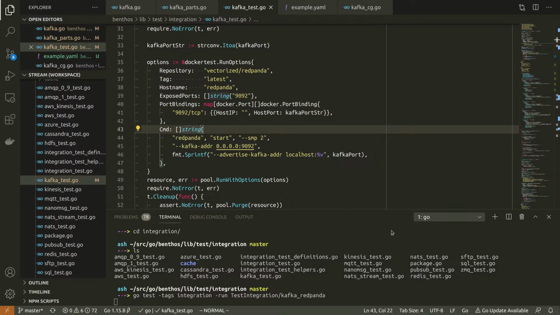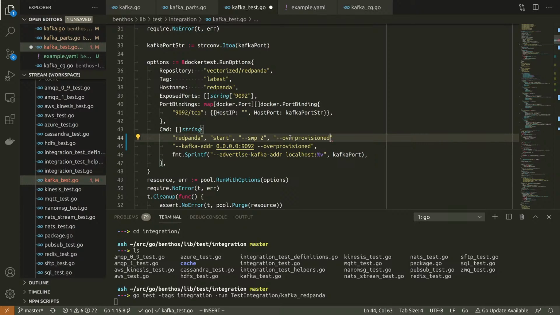Alexander, the maintainer of Red Panda, gave me this flag, over provisioned, which I'm going to put here to run, and he said it would help with performance. I don't know why I set that to 2. That should probably just be 1.